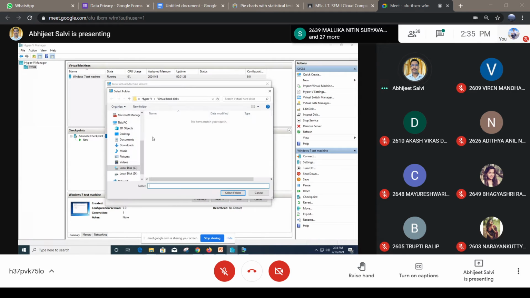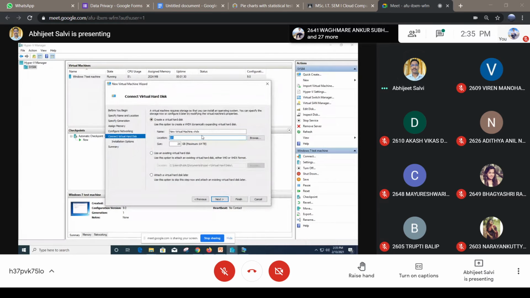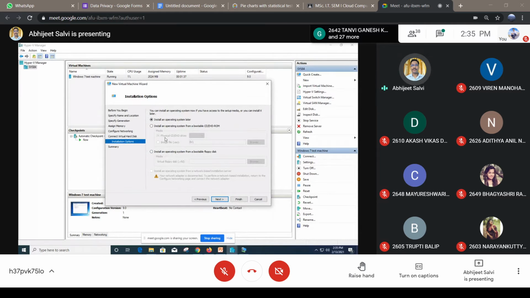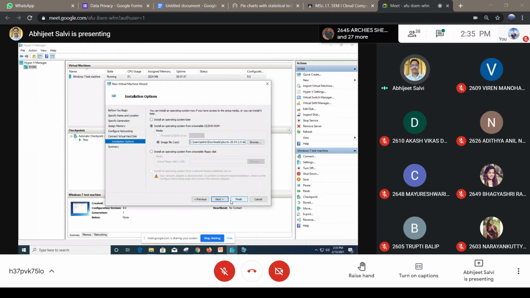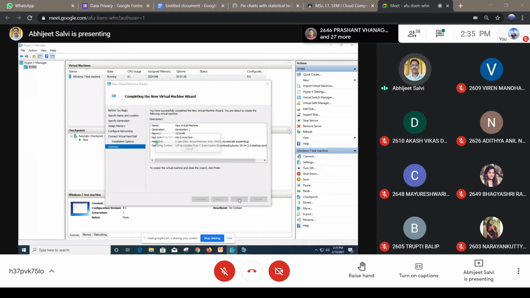Let me select D drive. Then next option, and then we have to specify the ISO file which we'd like to deploy. For the time being I'm selecting another ISO, the Ubuntu operating system, and deploying that.